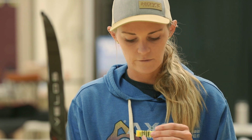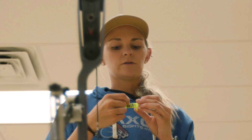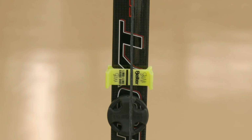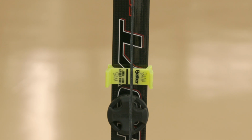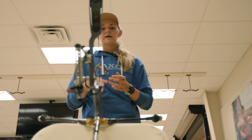Now you're going to have to do that with the Allen keys, but predominantly you're going to see which side of your string has a gap between the two lines. So for me, I have a little sliver of yellow right here on this side of my limb alignment gauge. So what that means is I'm going to be pushing the right side of the alignment system over to the left side from my vantage point. So I'm going to be tightening this side to push that limb over, and then to seat it in, tighten that left side. Now it's that way on both my top and bottom limb,